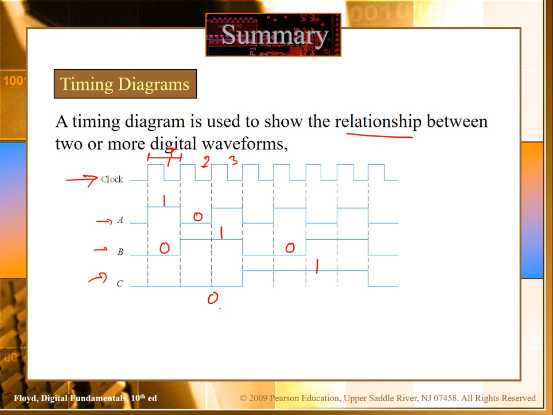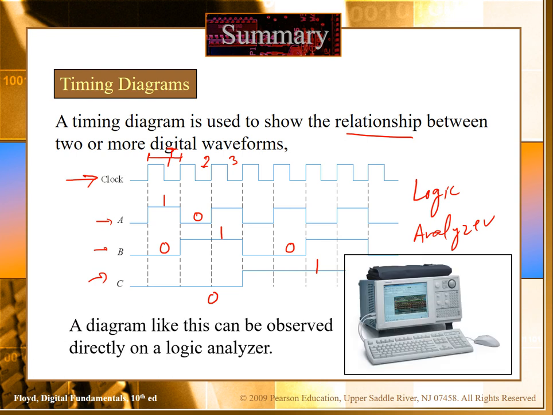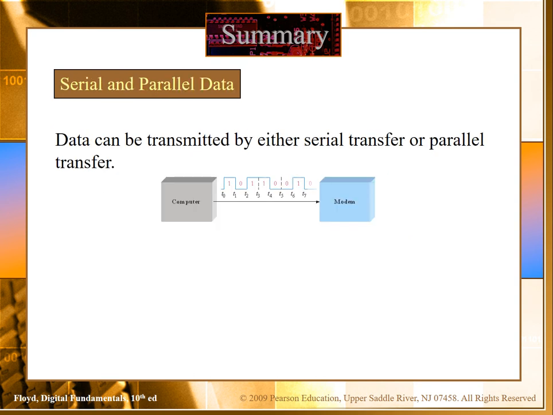So we can see the different relationships between the input and output per the clock of the system. Every system is working on one clock. We usually use a logic analyzer in real time to see such waveforms in the lab for the analysis of our system. These waveforms are referred to as timing diagrams. This is a typical picture of a logic analyzer, which is used in the labs for the analysis of the digital waveforms of the system.